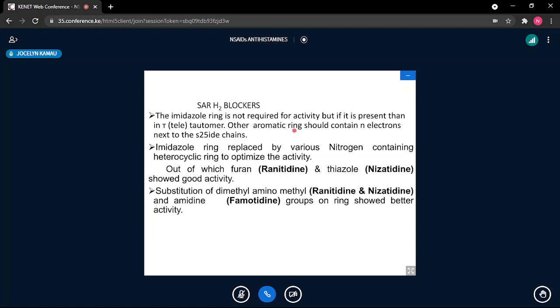SAR of the H2 blockers, and we're only going to go through what we have already said. The first point is that the imidazole is not required for activity, because if it was required, then ranitidine